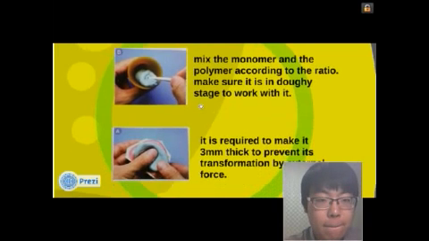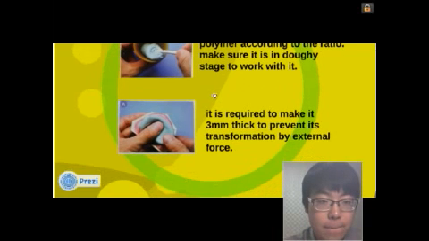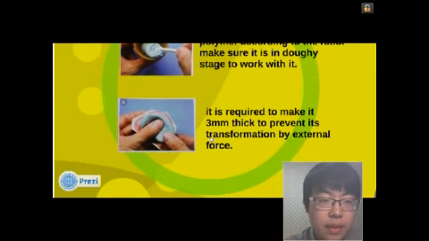Then this means the condition of the Dobby stage. It wasn't until that kind of stage of the mixture that we can work with it to make a tray. And then when it becomes a Dobby condition,